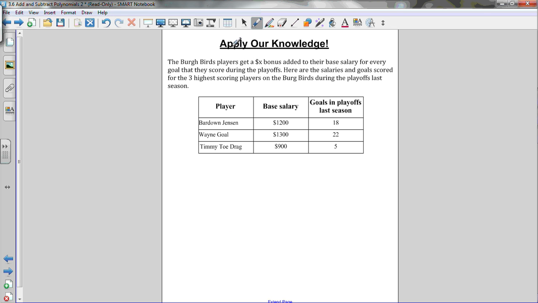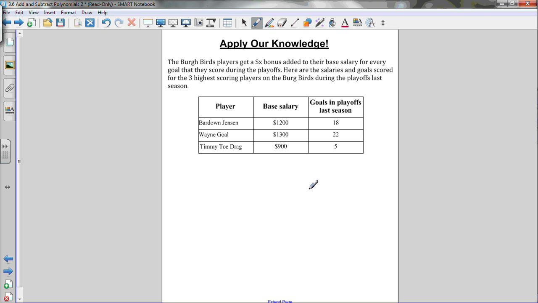So here's our application question. The Birds players get an X amount of dollar bonus added to their base salary for every goal they score during the playoffs. Here are the salaries and goals scored for the 3 highest scoring players on the Birds during the playoffs last season. So Bardown Jensen has a base salary of $1,200, so he gets paid $1,200 no matter what. Then he gets an X amount of dollars added for every goal he scores in the playoffs,